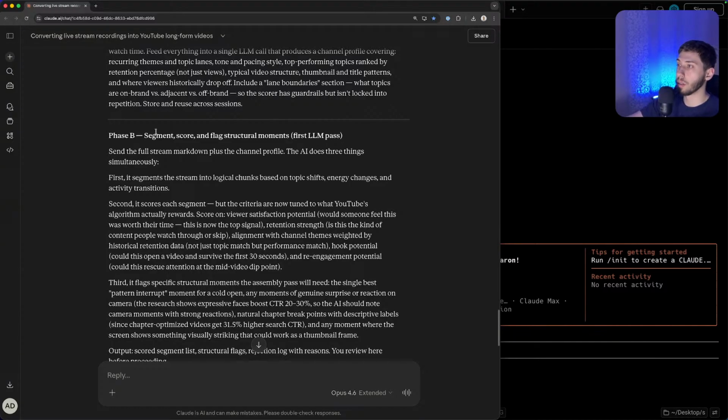First element pass, send the full stream markdown plus the channel profile. There's three things simultaneously. First is segmenting the stream into logical chunks. Then